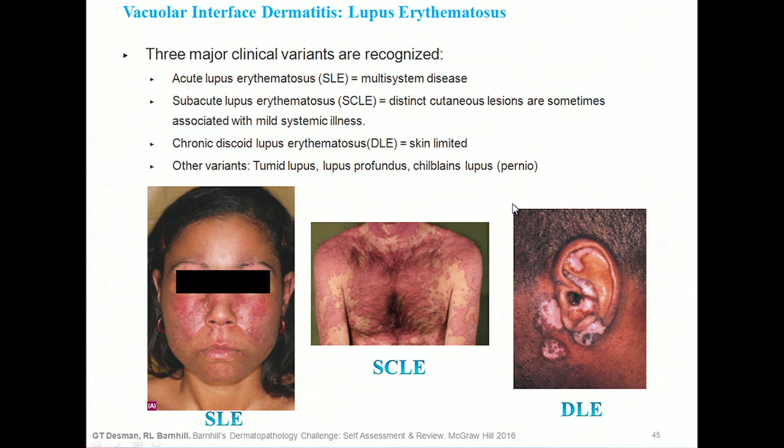Vacuolar interface dermatitis, the prototype is lupus. And there are 3 major clinical variants that are recognized with lupus. Acute lupus, which is associated with multi-system disease. Subacute lupus, which has distinct cutaneous lesions and is sometimes associated with mild systemic involvement. Chronic discoid lupus, which is skin limited, and then other more rare variants such as tumid lupus, lupus profundus, and